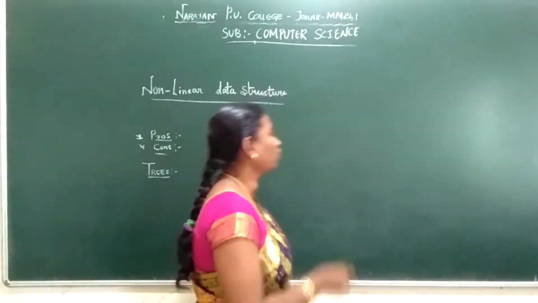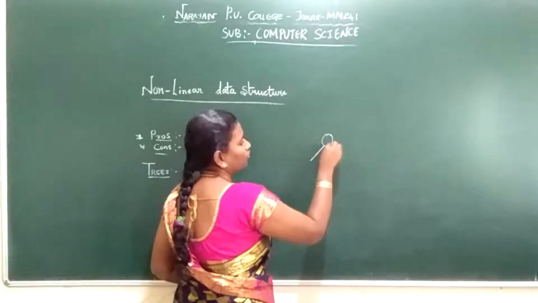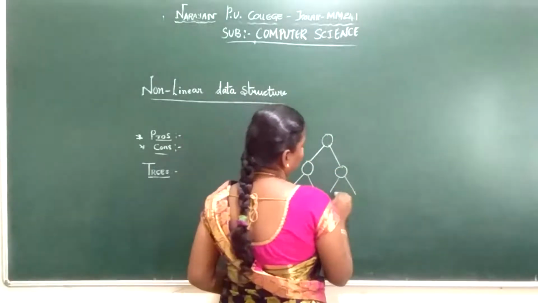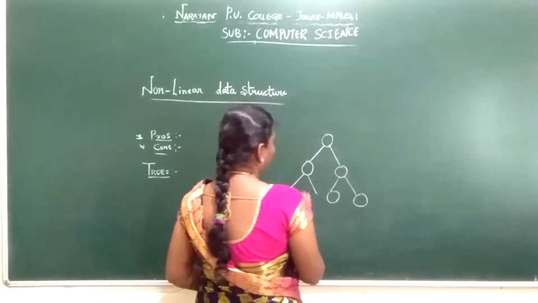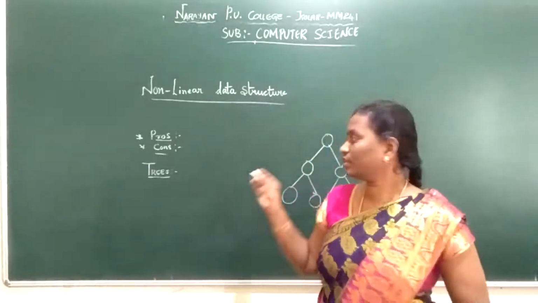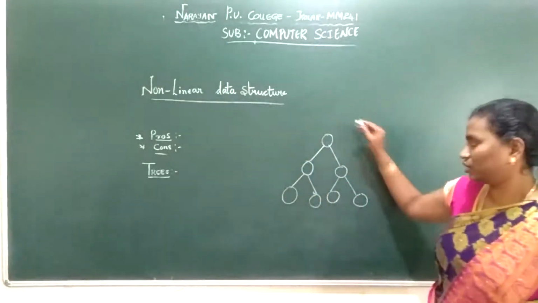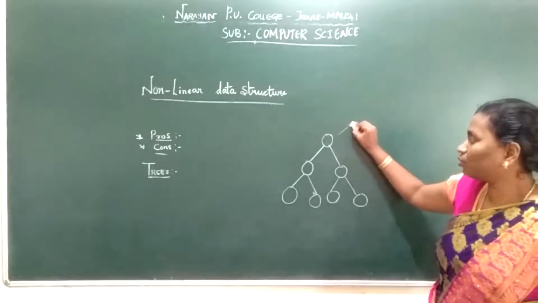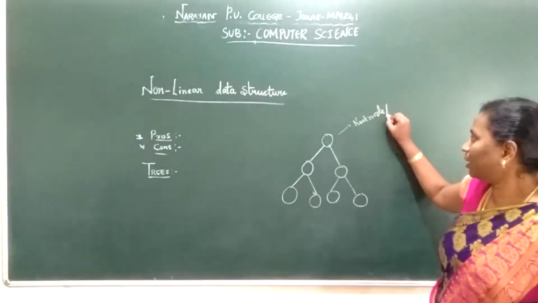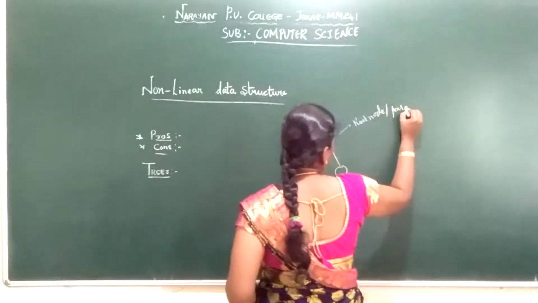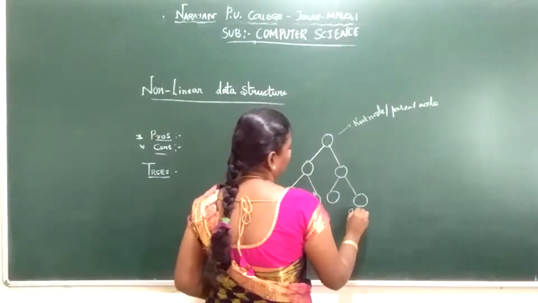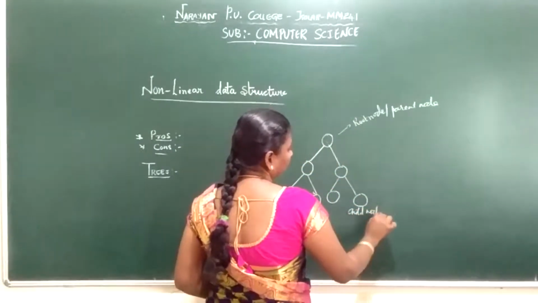So we have the topmost node, which is called the root node, and the rest of the nodes are called child nodes. Root node and child node, and the root node will not have a parent node. What is a tree? A tree contains a set of nodes present in some hierarchy. The topmost node we call the root node. I repeat, the root node is also called a parent node, and all the siblings we call the child nodes.